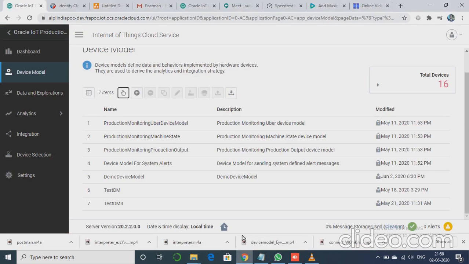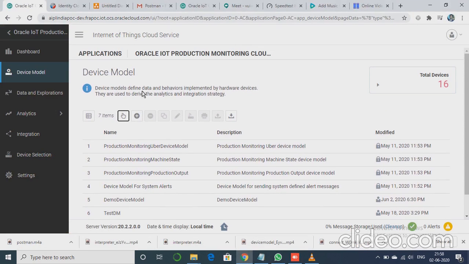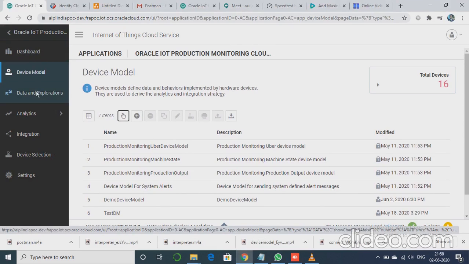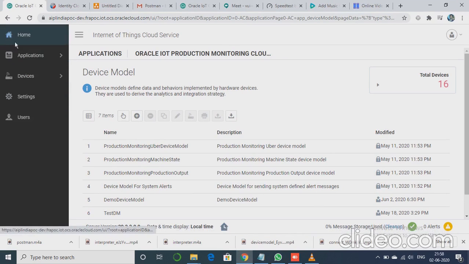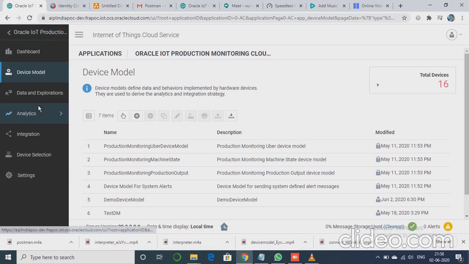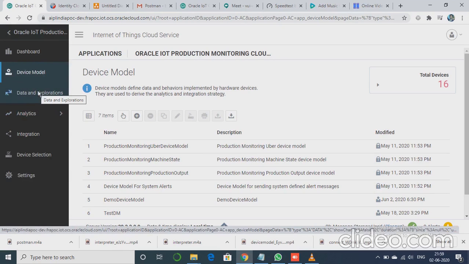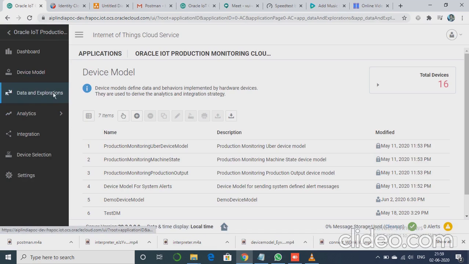In order to check the data which we have posted recently, we need to open the cloud server and click on applications, Oracle IoT Production Monitoring System, and then data and explorations.